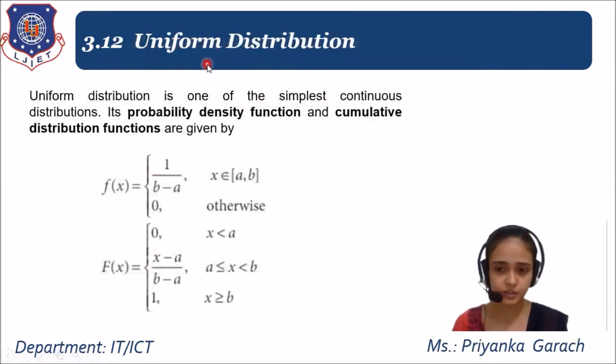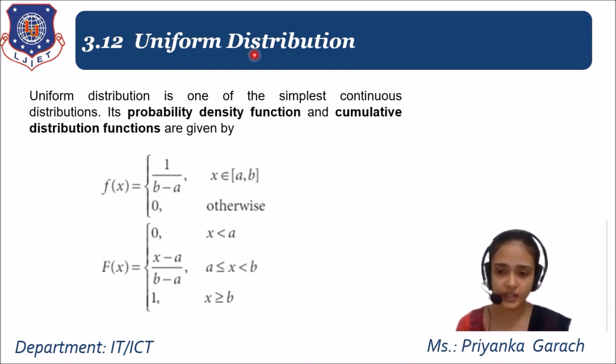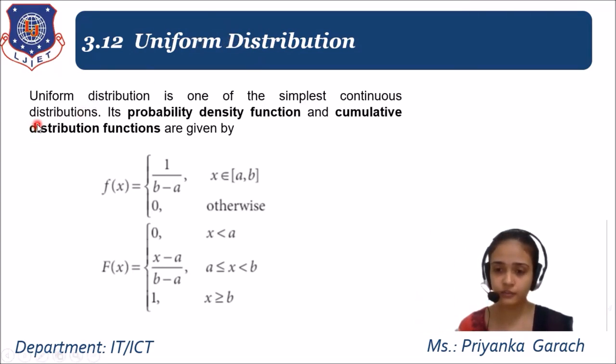Now in the continuous distribution, let's see the first one, that is the uniform distribution. So over here the pattern is the same. If you see all the distributions, then you will find the same pattern, that first of all we are stating the formula of the probability density function, then comes the cumulative one, then we are stating the formula of the average, that is the mean, and then the variance. So we will follow the same pattern over here also for the uniform distribution. So it will be easy for you to write an answer related to any of the distributions. So you have to just make the list of all the formulas on one paper. So it will be easy for you during the exam times.